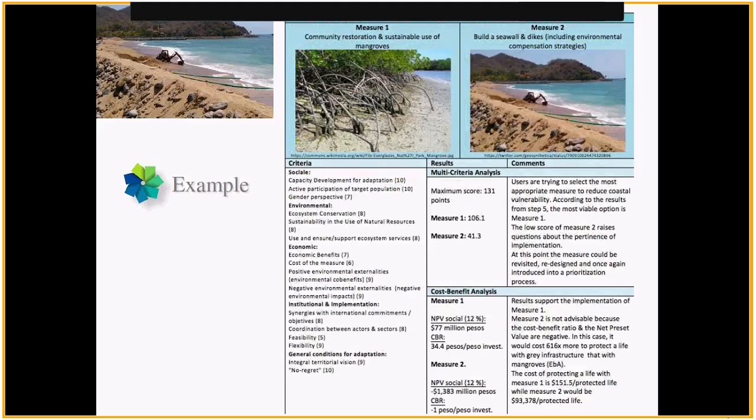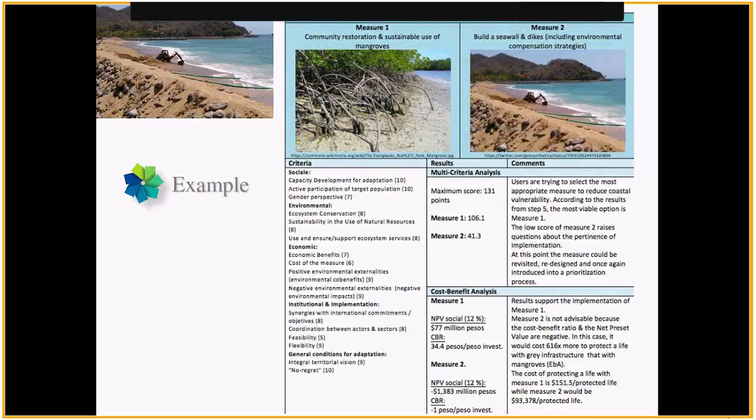When I speak about gray measures, I'm talking about infrastructure and built environmental engineering within the territory, and also other blue or green measures. So measure 1 is community restoration and sustainable use of mangroves, and it contrasts with another measure that could be building a seawall or building a dike, including environmental compensation strategies.